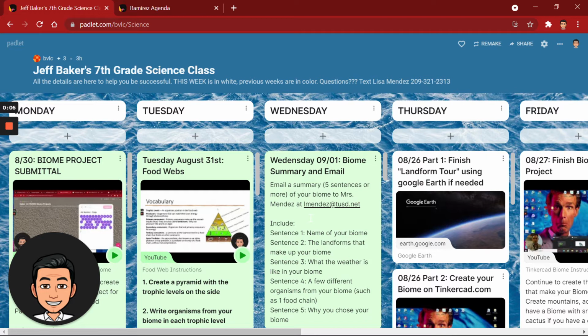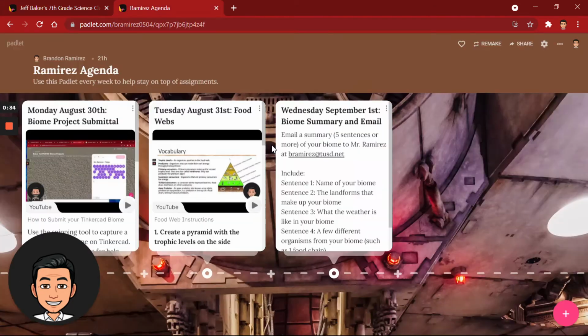Today, as we finally close up our ecosystem and biome projects that we've been working on, we're going to write a summary of what we've learned so far. So, what I'm going to look for is for you all to email a summary that is 5 sentences or more of your biome. And if you're in Mr. Baker's class, you will email this to Miss Mendez at lmendez@tusd.net. And if you're in Mr. Ramirez's class, we have the same directions, but you're going to email yours, of course, to Mr. Ramirez at